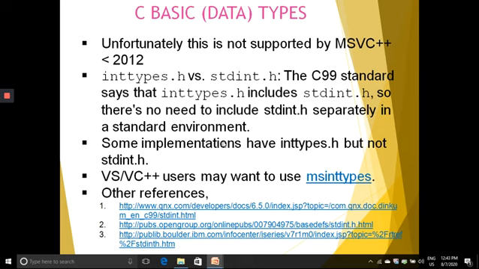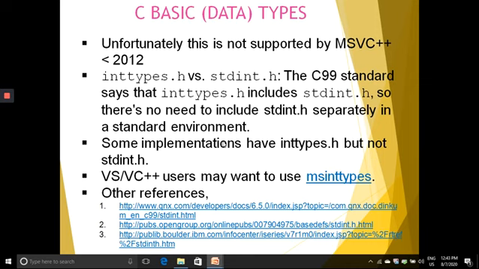If your system follows the C99 standard, inttypes.h includes stdint.h, so there is no need to include stdint.h separately. Some implementations have inttypes.h but not stdint.h. Visual C++ users may want to use msinttypes, and we can see the references for other information like this. You can observe these web links so that when you click them you can get information related to inttypes.h and stdint.h.